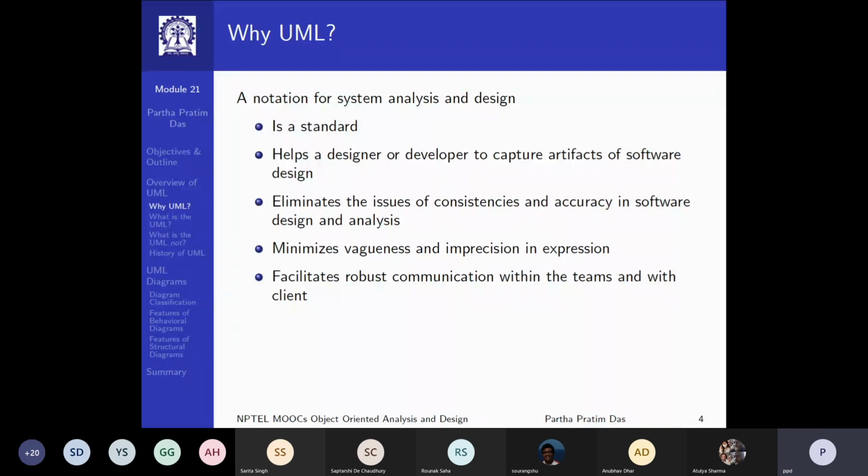Now, why do you need such a notation? There are a couple of reasons. One is that this is a standard. For example, if you write code in C++, you are following the C++ standard, which means that it can work across different platforms. You send that code to someone else, and whatever you have written is exactly understood by that person, and so on. But